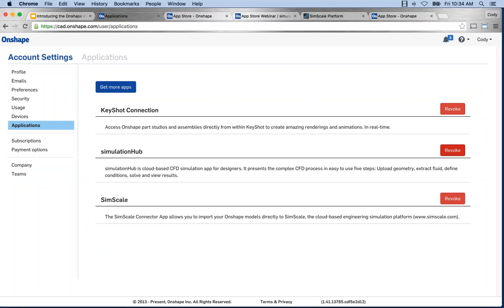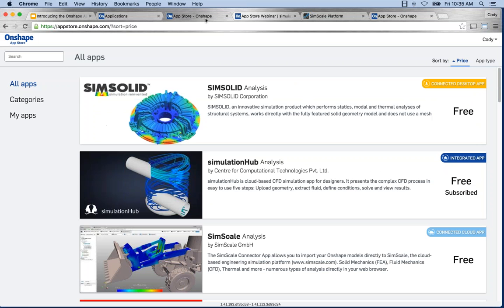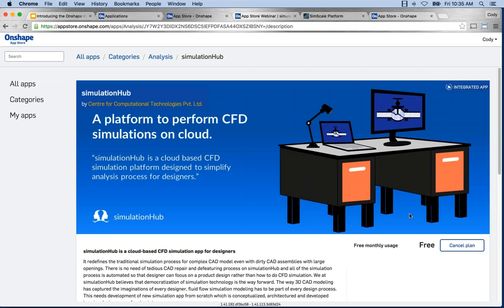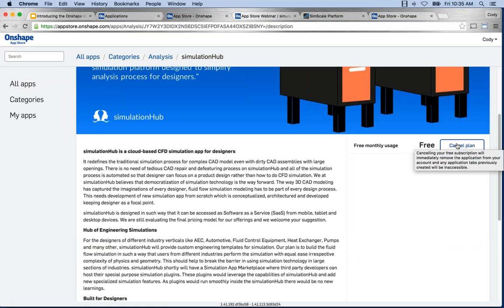So very important thing to point out, for instance, KeyShot. If I wanted to no longer allow KeyShot, maybe I stopped using KeyShot or I stopped using one of these apps, I can revoke the permission to it. So you can go in and say, I no longer want to allow access for this app from the applications page. Now, in the case of integrated apps, you can go in and also cancel plan, and that will accomplish